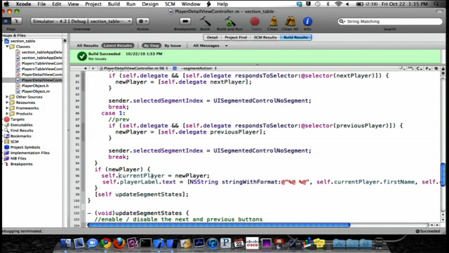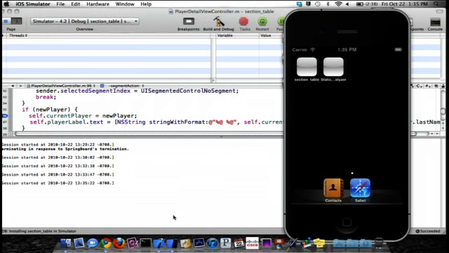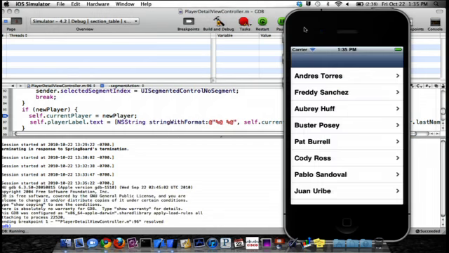I own it. It's all good. And then when I have a new one, I release the old one, get the new one, and set it equal and retain it. So it looks like my memory management is fine. But if I set a breakpoint right here, and then I run it, what the debugger is going to do is